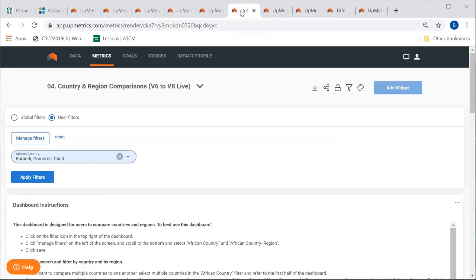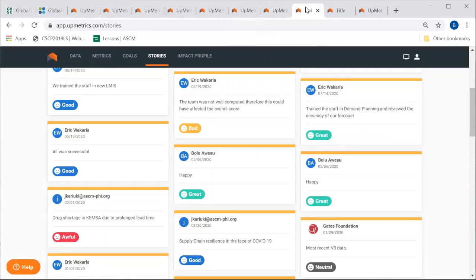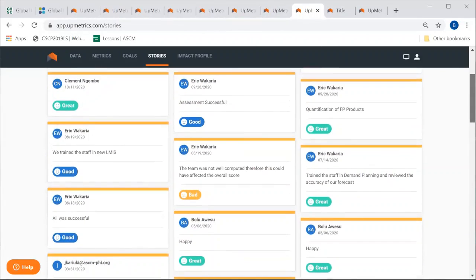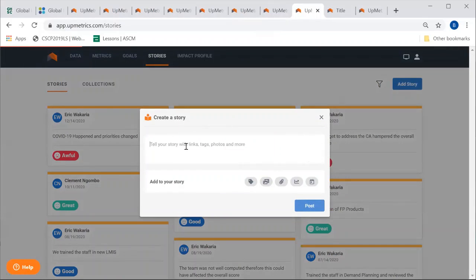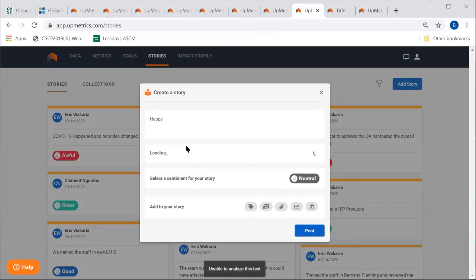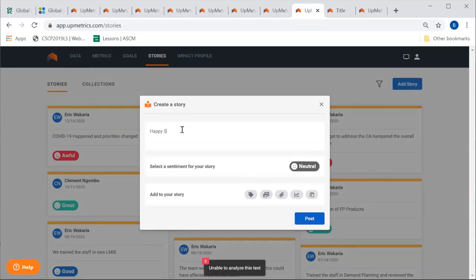Now, besides setting goals, you can also create stories around the supply chain. Now, in creating stories, these are just maybe milestones or something that happened and you feel we need to talk about. So if you want to create a story and maybe to remember a milestone, you can just click on Add Story. Once you click on Add Story, what is your story about? So you can say, happy to be at SAPICS. Maybe when you were at SAPICS, you had a good news about the performance of one of your categories.